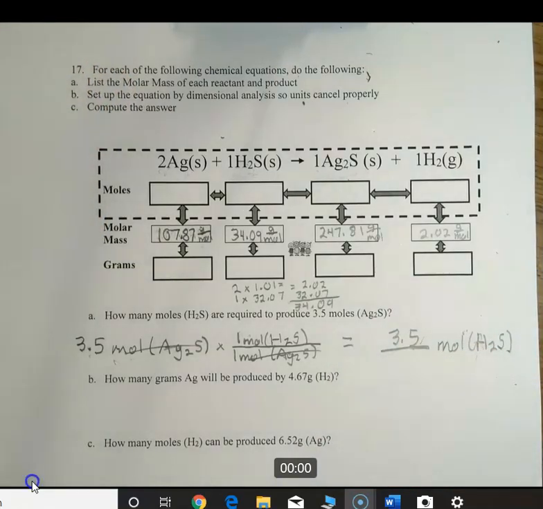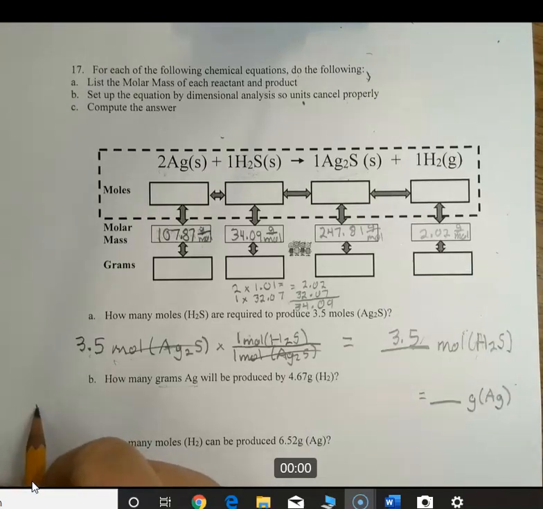Okay, let's move on. How many grams of silver will be produced by 4.7 grams of H2? Okay, grams to grams is going to be 3 conversions if you remember way back when. What we're looking for is grams of silver. So way over here on the right, it's grams of Ag. And way over on the left, give yourself a lot of space. You're going to need 3 conversions. It's going to be